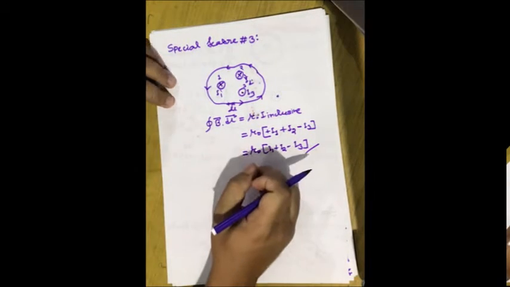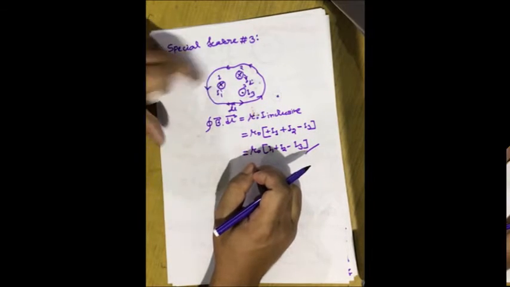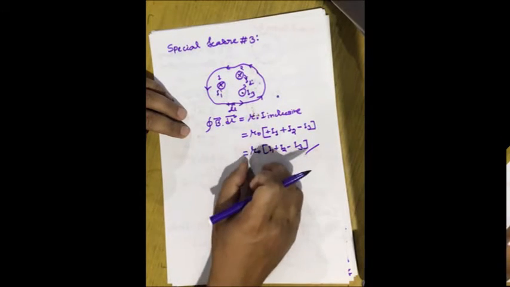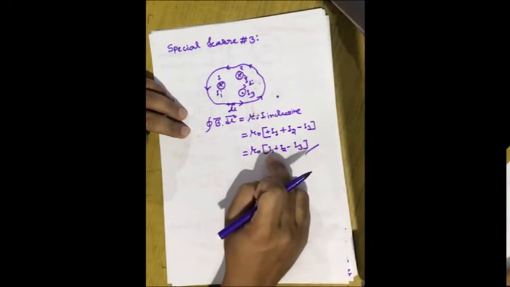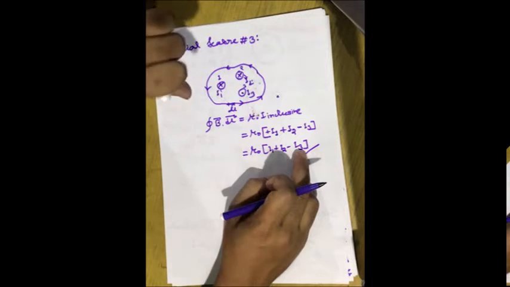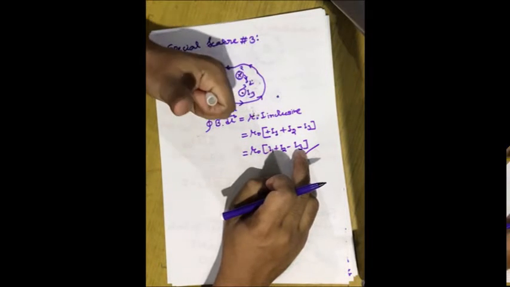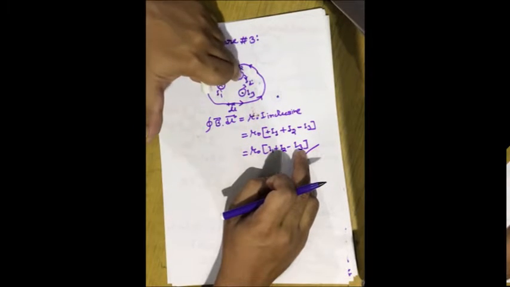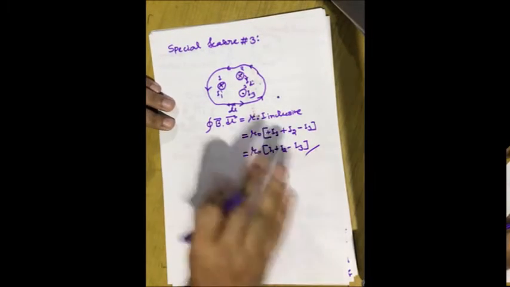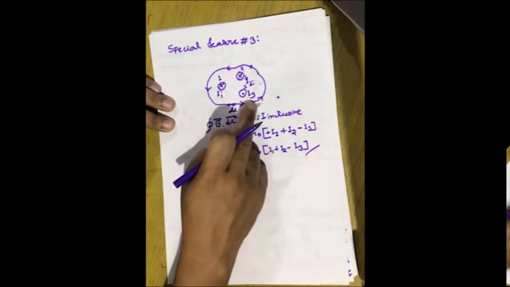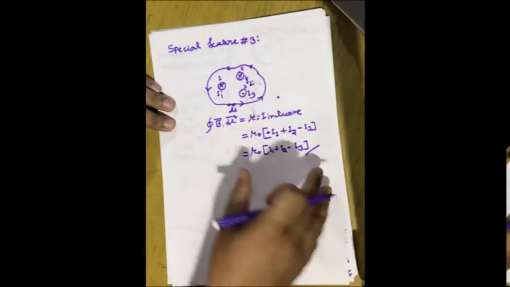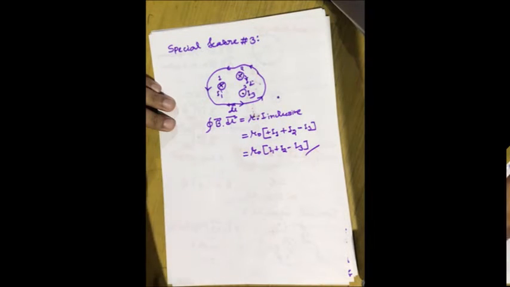Okay, so this is also valid for any number of current elements. Suppose there are n number of current elements, we can always do like that, mu naught into I1 plus I2 minus I3. Here minus I3 is there because the direction of the current is outside of the plane of paper, and I1 and I2 are into the plane of paper. So any number of conductors, it doesn't matter, as long as your chosen path encloses the conductors I1, I2 and I3, then you can apply Ampere circuital law easily.